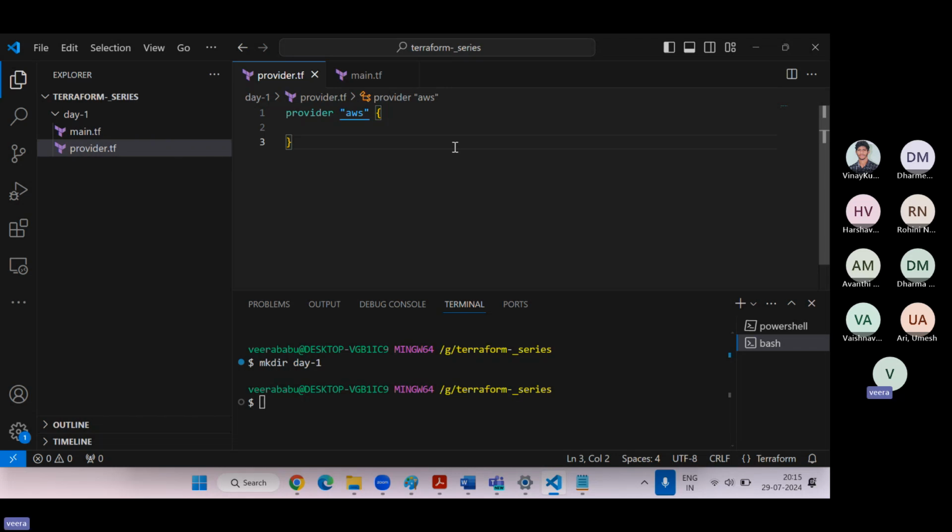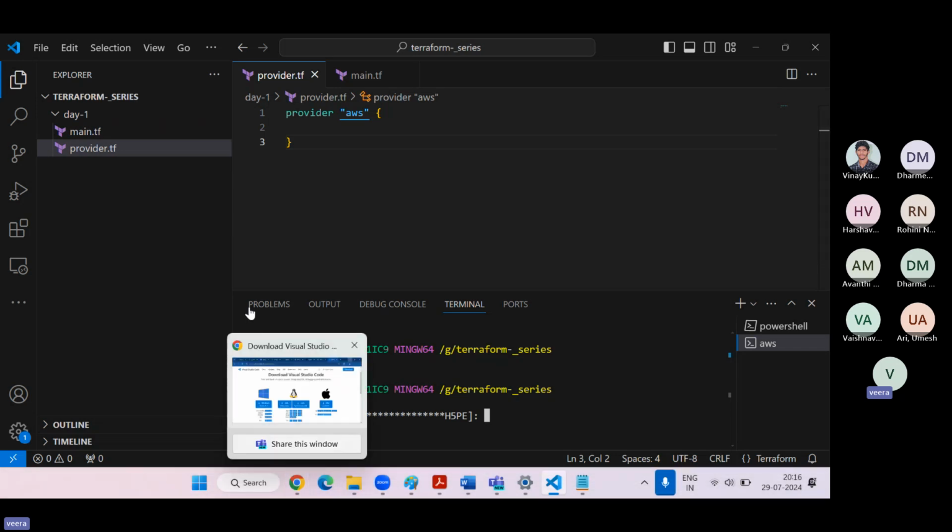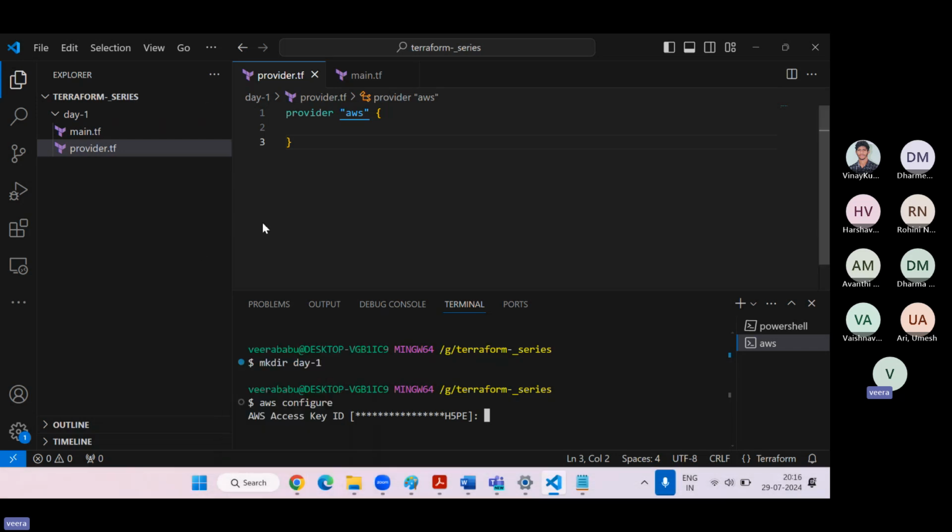If you haven't configured it, you can configure it first with the aws configure command. Here also you can give aws configure. It will ask for the access key, secret key, region and JSON output, right? That access key and secret key you can take from the root account or a user account. It is better to take them from the root account, since we can then create any resources.